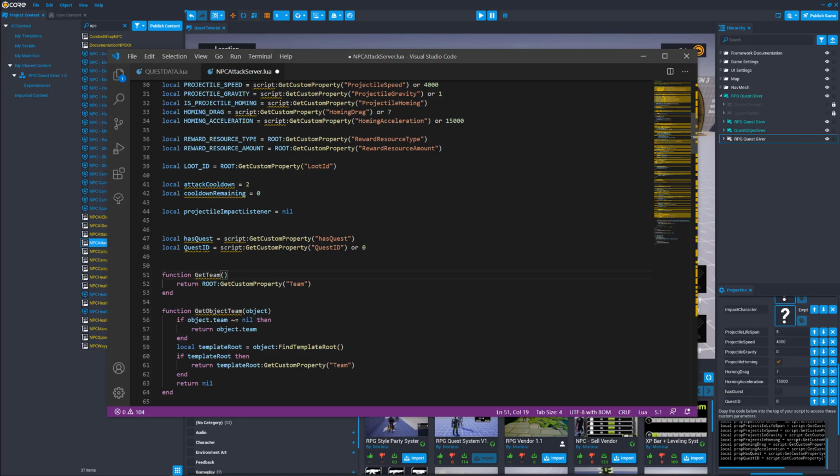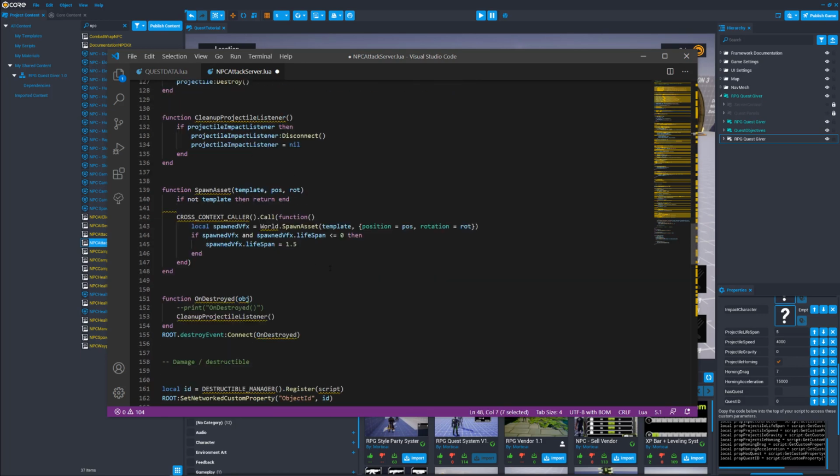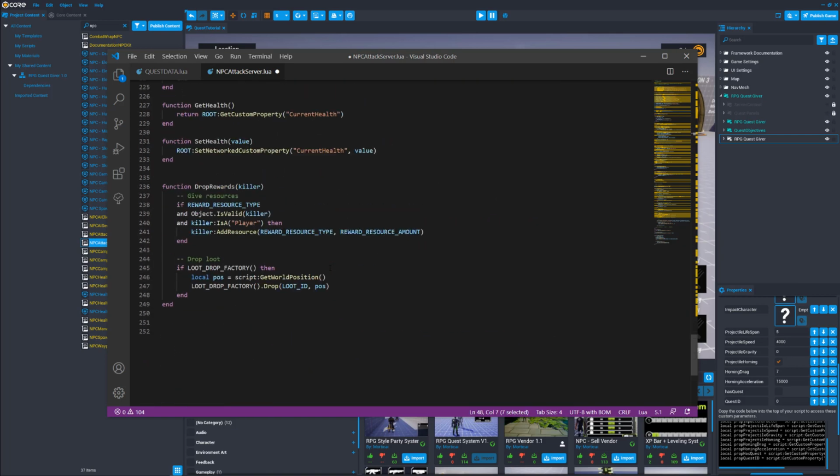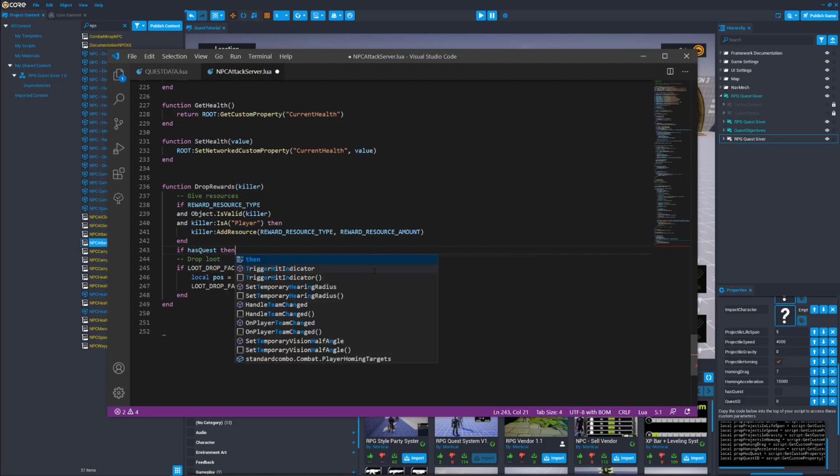And so what we need to do is down at the bottom here, under drops rewards, we're going to do if has quest, then